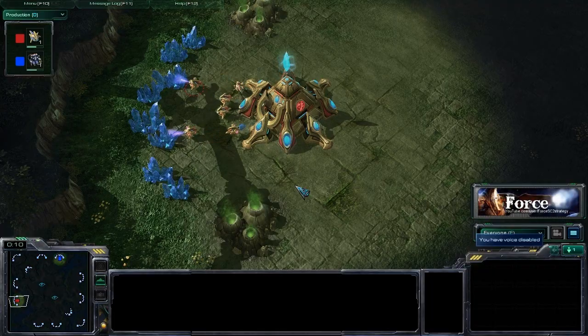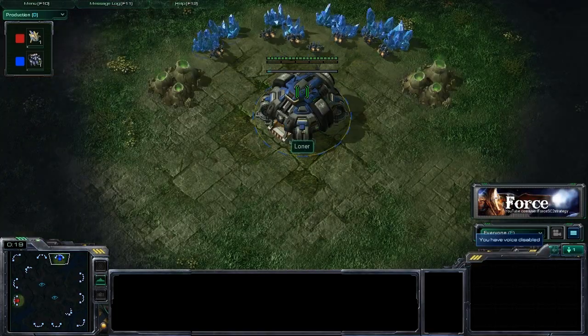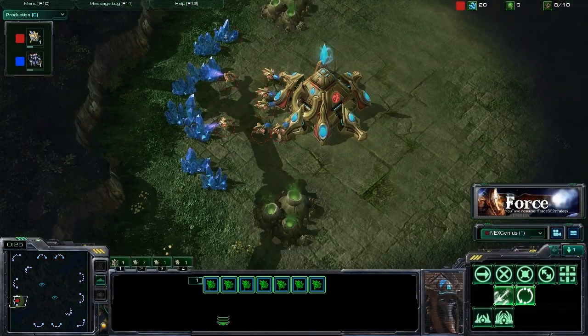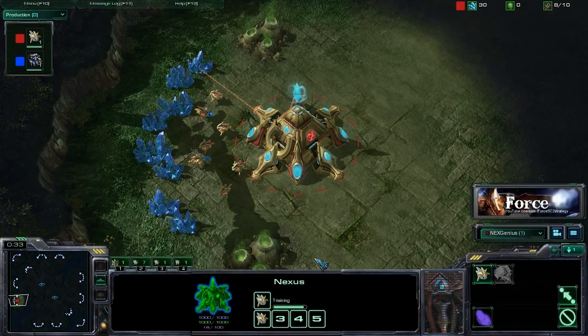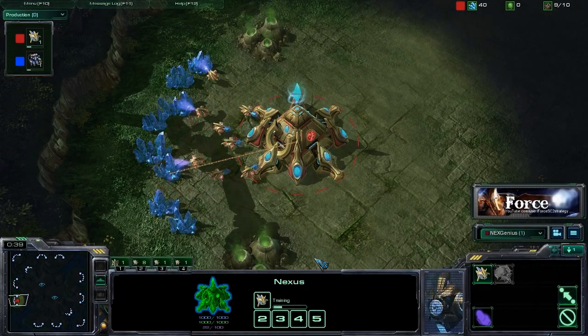Today we're going to be taking a look at a Protoss strategy. Now in this replay, our Protoss player is NEX Genius and our Terran opponent is Loner. So again, Protoss strategy, what are we looking at today? Going to be taking a look at a 2-gate Robo build in dealing with some early aggression from a Terran player. So we're going to start off looking how to properly deal with an early push from a Terran